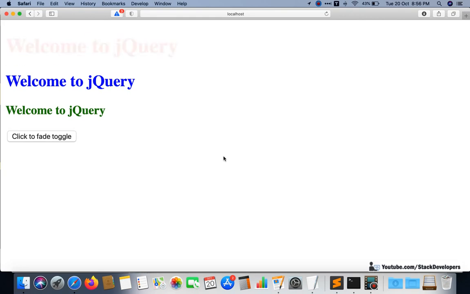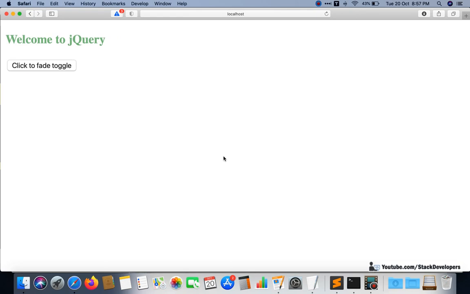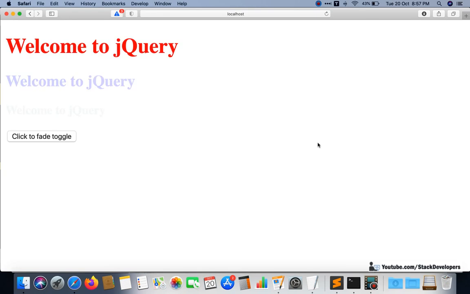Okay, so see here, elements are going away, and I need to click fade toggle again. The next time it will work as the fade in element. Now it is working as the fade out element. Now it will work as the fade in element if I click again. So let's see. Now I will click again. Now the elements have come back. You can see one time its function is fading away and one time its function is fading in.